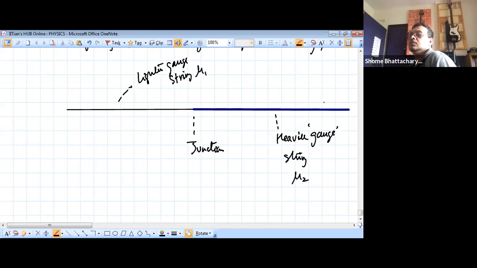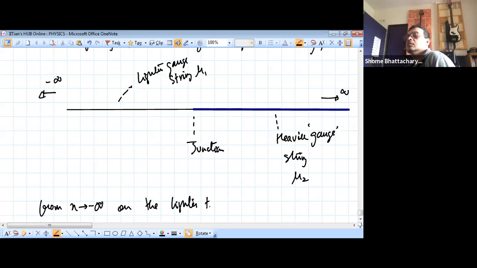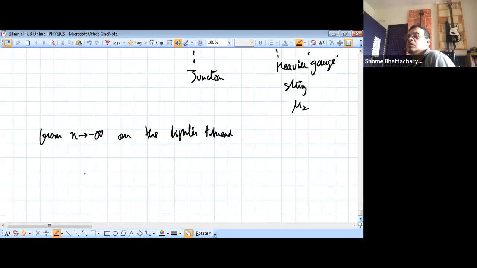Now this is going up to infinity, and this is also minus infinity. So from x tending to minus infinity on the lighter thread, an incident wave